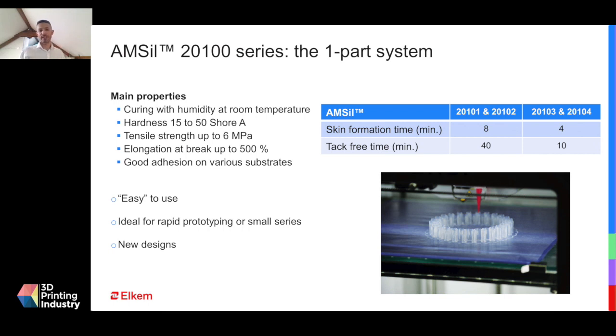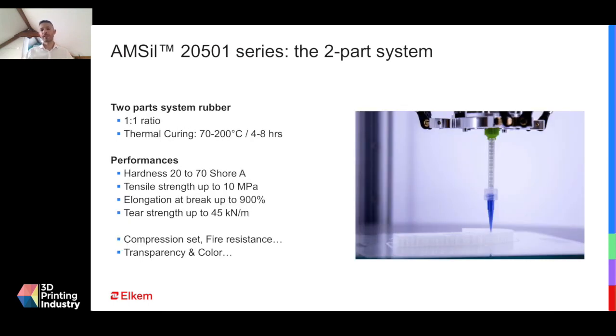Regarding the other series, based on a two-part system, you have to handle two products mixed together during the printing, and you will cure the part after the printing in our oven at high temperature. We are developing a full range of hardness between 20 and 70 Shore A,